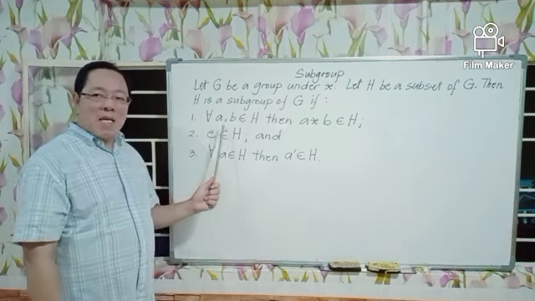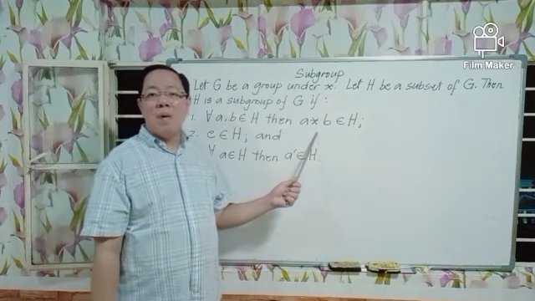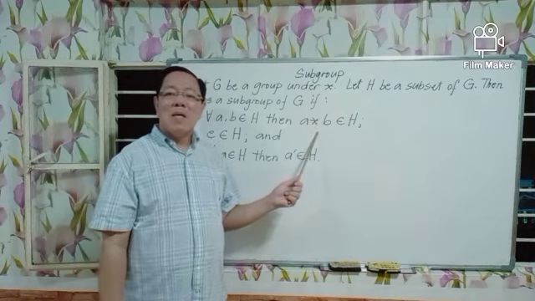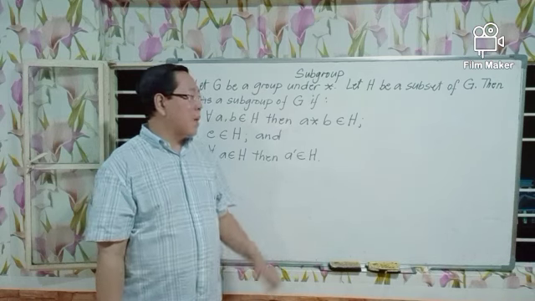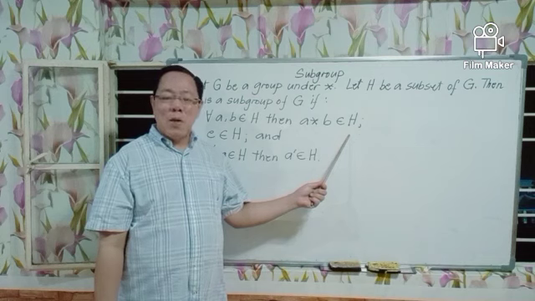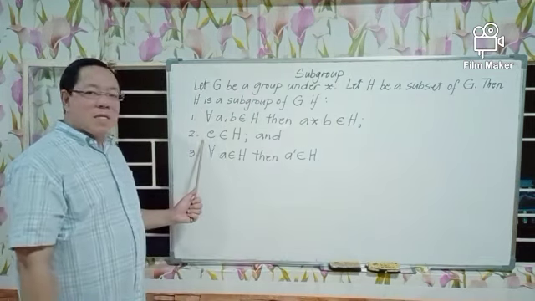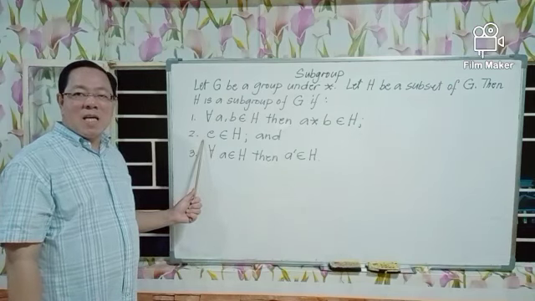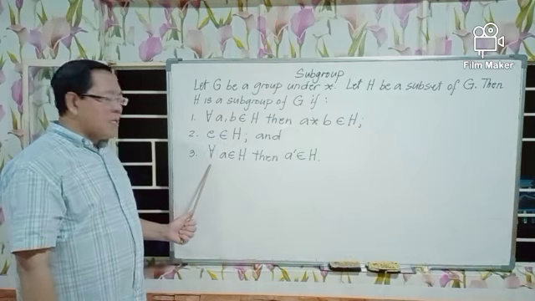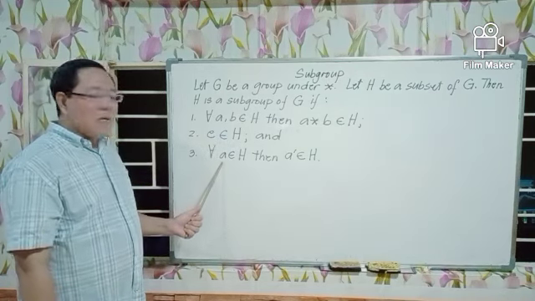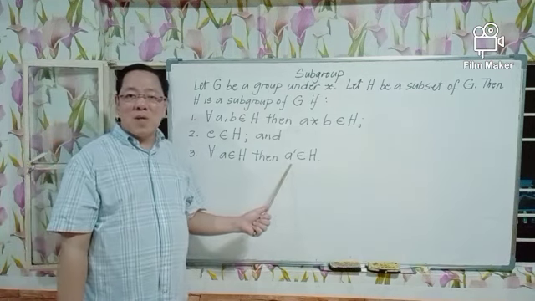That means if you take any two elements of H as A and B and you combine them by the binary operation star, the combination of these two arbitrary elements must also be an element of H. And we say H is closed under the binary operation star. The second property is that E, the identity element of G, is an element of H. And the third property, for every A element of H, then A prime, the inverse of A, is